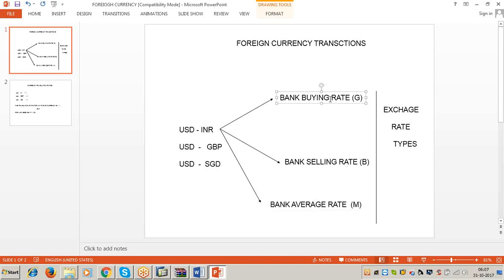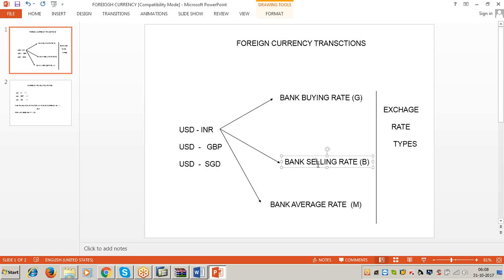For example, today we have sold some goods to a customer in India and the Indian customer has made the payment in Indian rupees. We don't have any rupee account in our bank and we cannot use the rupees as such. So we have to convert them into company code local currency, in our example US dollar. For that we approach the bankers, because the bankers are considered the most reliable sources as far as financial transactions are concerned. The bankers will purchase this rupee at a specific rate. That is called bank buying rate, and that is represented with the letter G in the system.